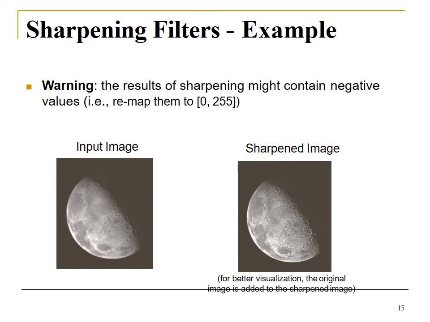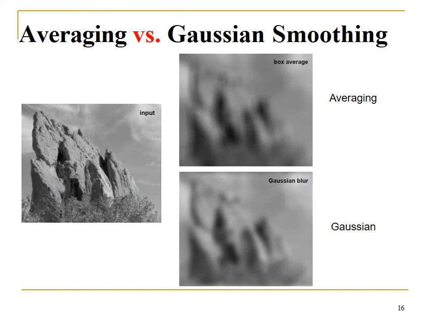Okay, so here is another example of a sharpening filter. The sharpening filter will result in some negative values, which we will be remapping to the range 0 to 255 pixels. You can see in the image, the input image is taken and then it is sharpened to get better visualization. Compared to the input image, it is very clear in the output sharpened image. From this we can clearly identify that the edges and borders are highlighted by using this particular sharpening filter. So this is another example.